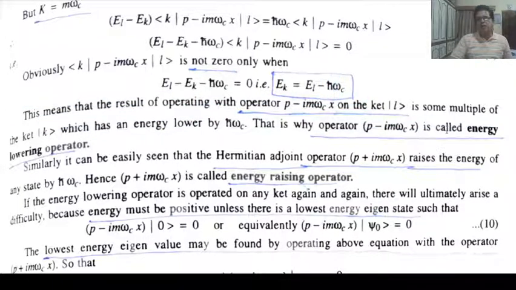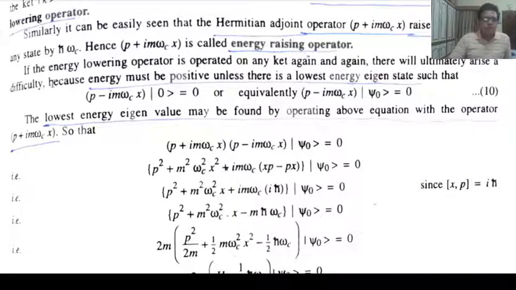So this operator is known as energy lowering operator. Similarly, if energy increases by H cross omega C, that is P plus iota m omega Cx, this is known as energy raising operator because it raises the energy and the lowering operator lowers the energy. If the energy lowering operator is operated on any ket again and again, there will ultimately arise a difficulty because energy must be positive, unless there is a lowest energy eigenstate such that P minus iota m omega Cx